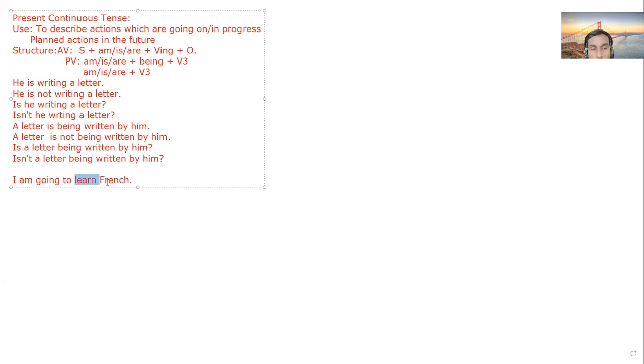I'm going to learn French. It is not active, it is not happening right now. Maybe tomorrow, upcoming month, or maybe upcoming semester, it can be in the future, but it is planned. So here it is am going to, is going to, or are going to, and after that you use the main verb like this. Another example I will give you: